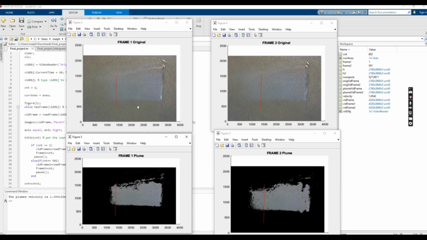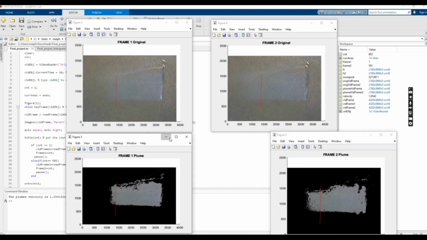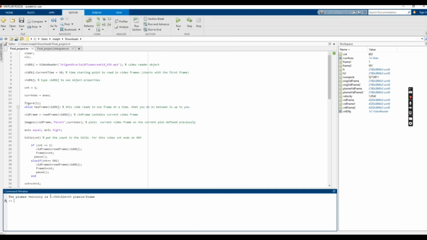So as you can see above, in frame 1 the plume is just starting off, and then in frame 2, which is frame 500, you can see the plume has significantly advanced. And in MATLAB, the plume velocity was 1.05